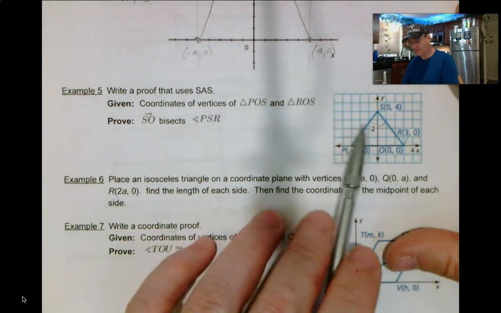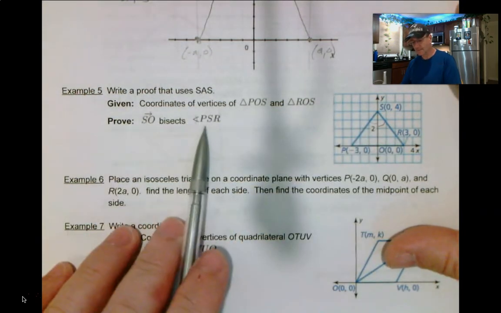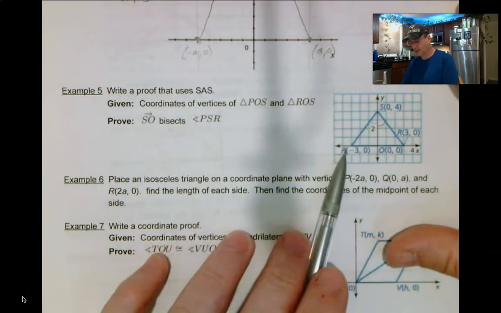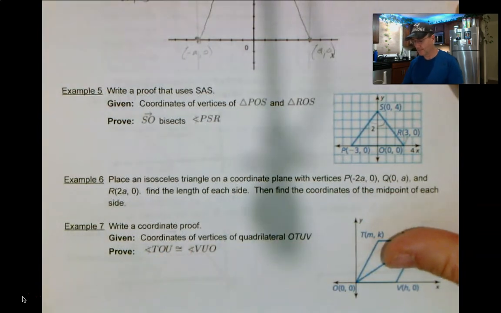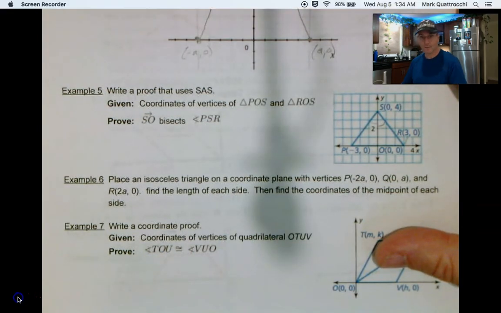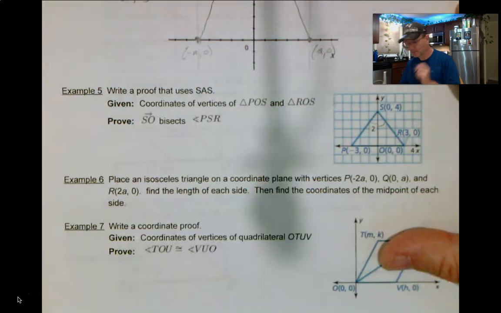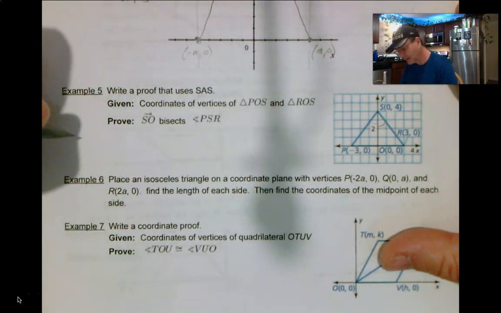If they're congruent to each other, then SO is bisecting angle PSR. Okay? And that's what our goal is going to be. Prove these two triangles are congruent by side angle side. There's more than one way to prove these two triangles are congruent, but I'm going to prove them by side angle side. What do we know about